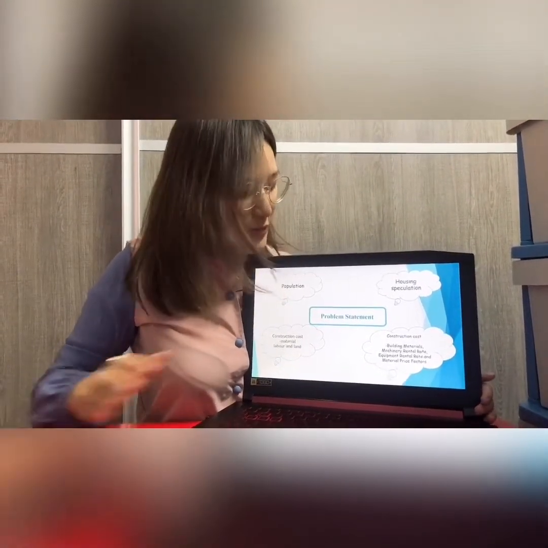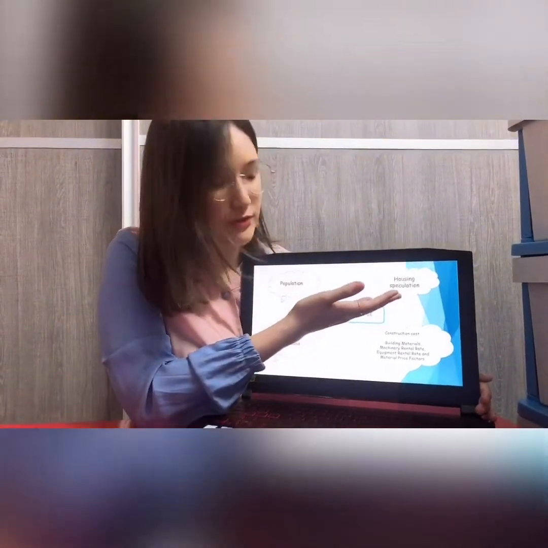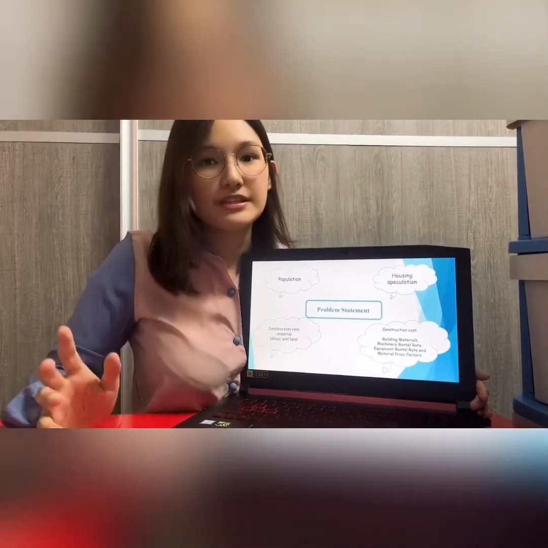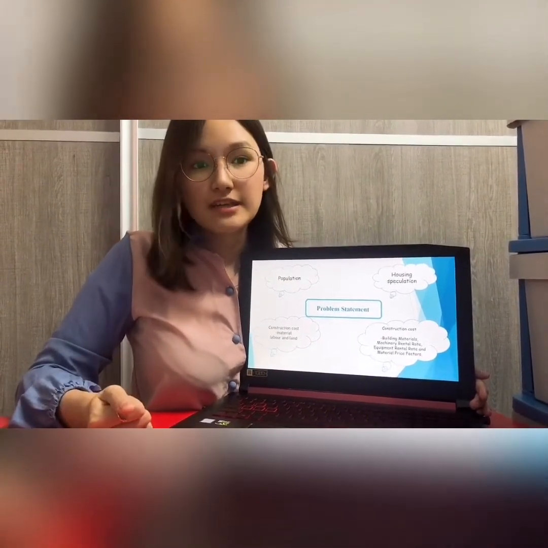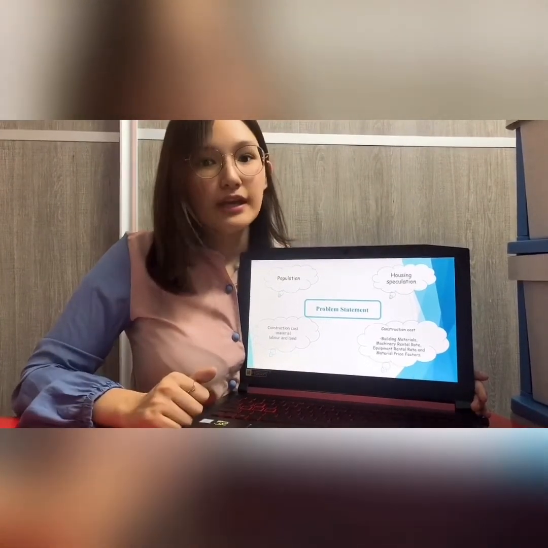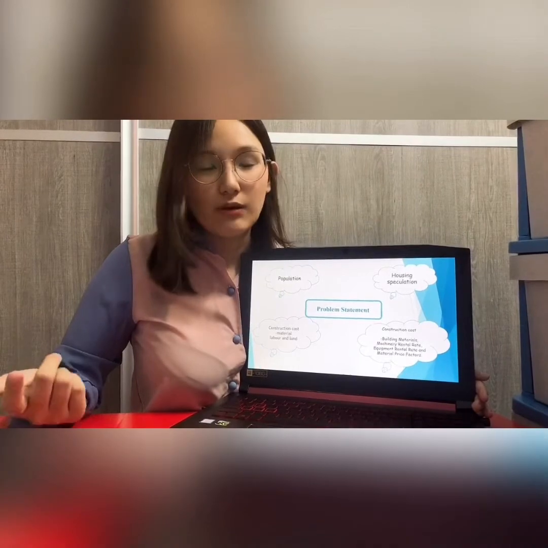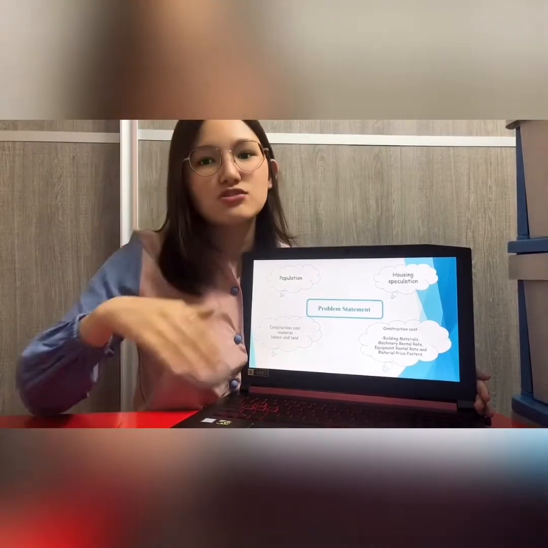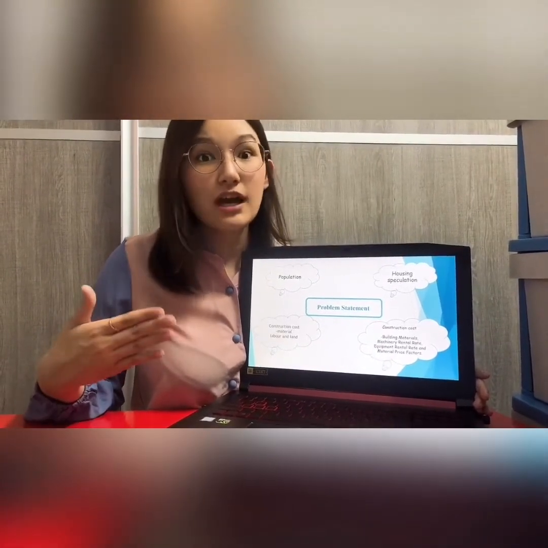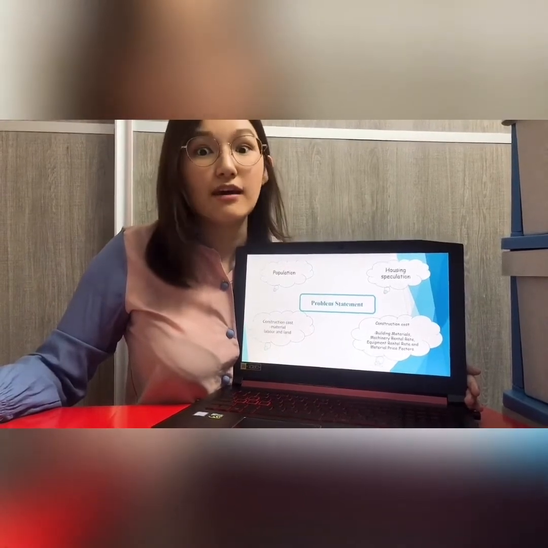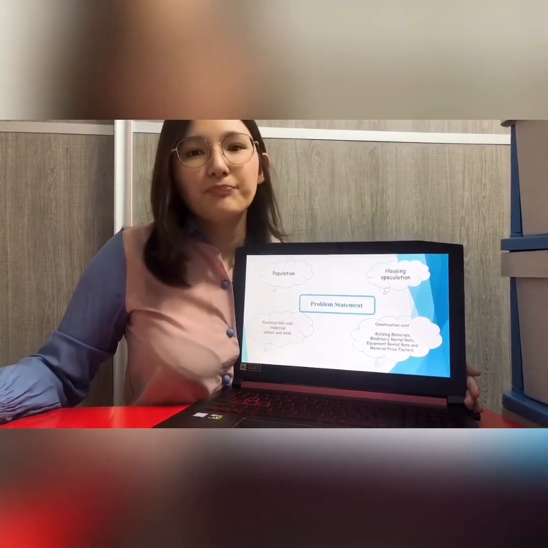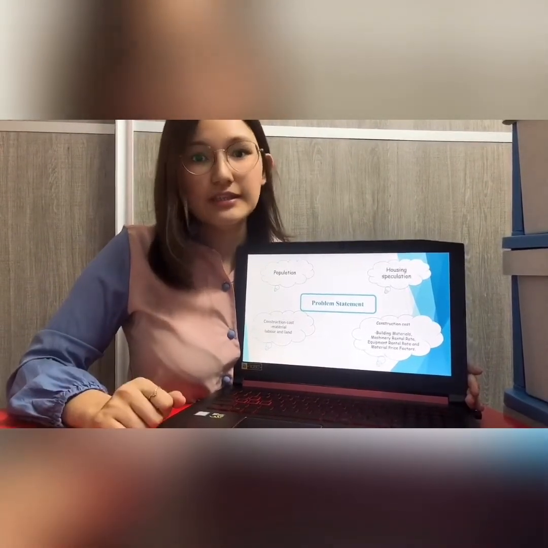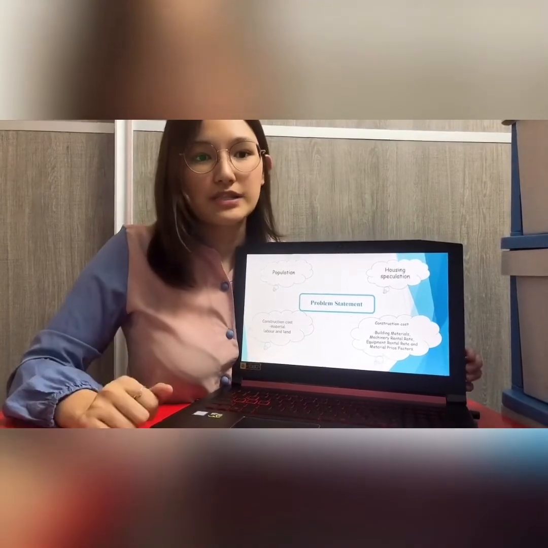So the second one of the problem statement is the housing speculation. Housing speculation will affect the housing price in Malaysia due to positive speculation on housing. It will lead to an increase in the housing price, an increase in vacancies, an increase in the mortgage rate, and an increase in residential investment. It is the change of expectations about the future house price by the homeowner and housing investor. So active speculation in the market will directly increase the price of housing in the area due to the expectations of the investors in the market.